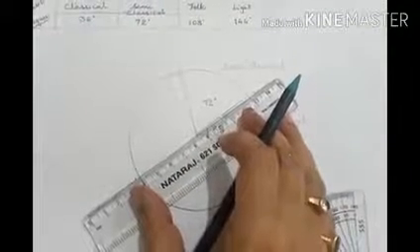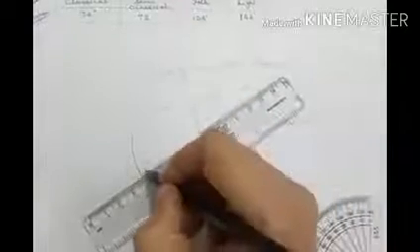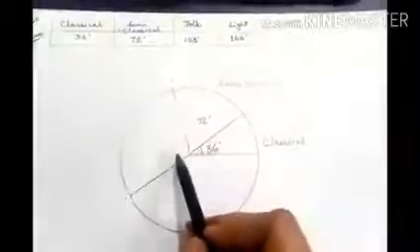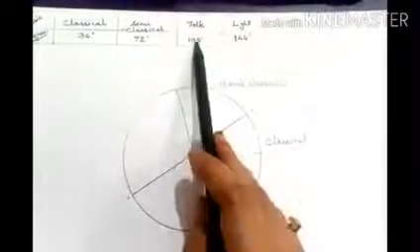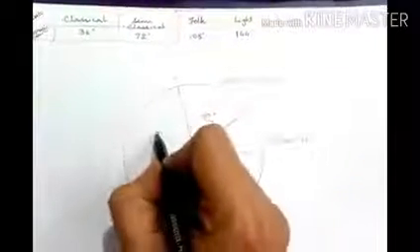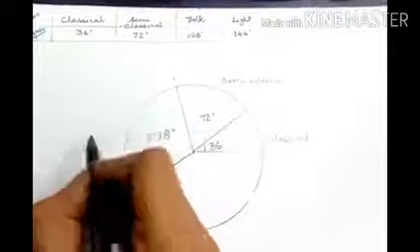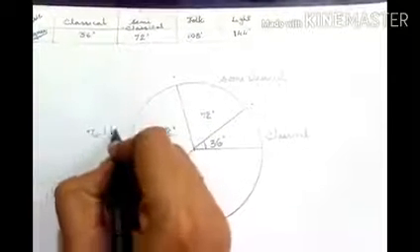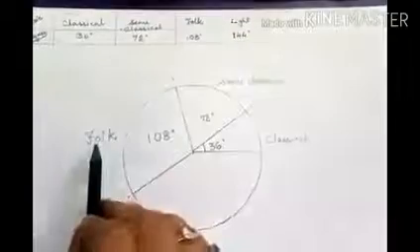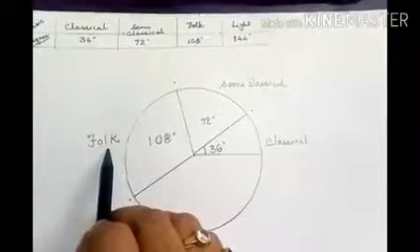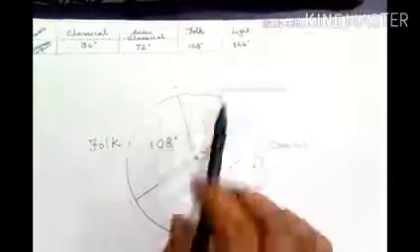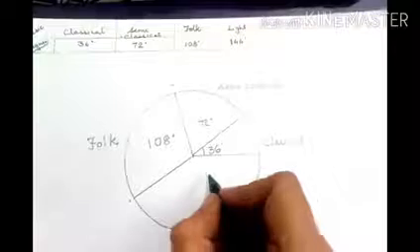So put it like this and make the radius. So we got the representation for the lovers of folk music, and this angle is 108 degrees. So you should write on the side, if there is no place inside, what this sector shows. This sector shows the people loving folk music. Now there were only 4 angles, 3 I have drawn. The remaining should be 144 degrees. It will be 144 degrees.